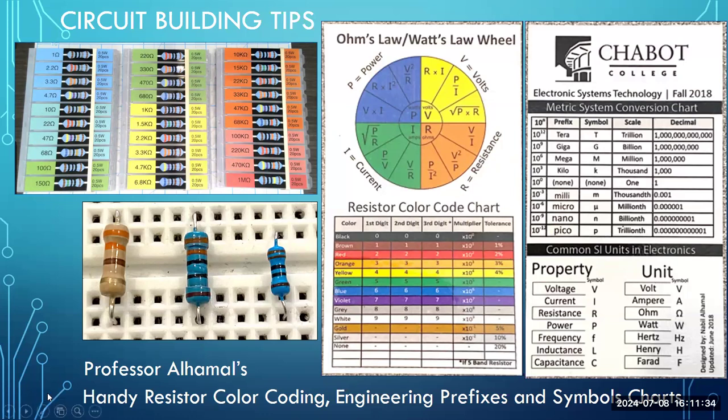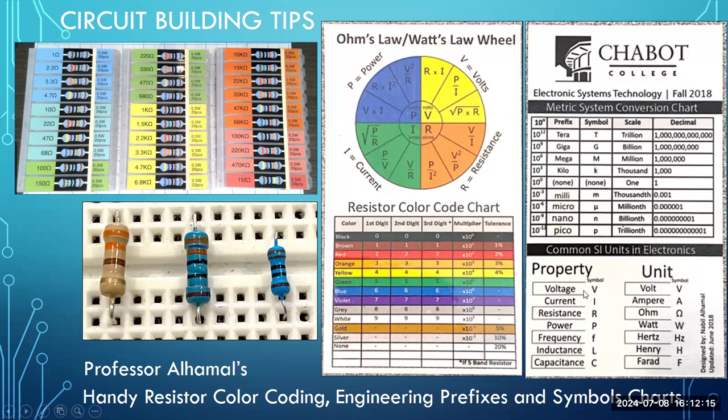This is from my colleague, Professor Nabil Al-Hamal, and he created these charts on really nice little plasticized cards. It shows Ohm's law formulas, resistor color coding, and your engineering prefixes: the powers of 10 associated with the prefix words, the symbols for the words, what they represent in English terms, trillion, billion, million, thousandth, millionth, and the decimal equivalents shown here,